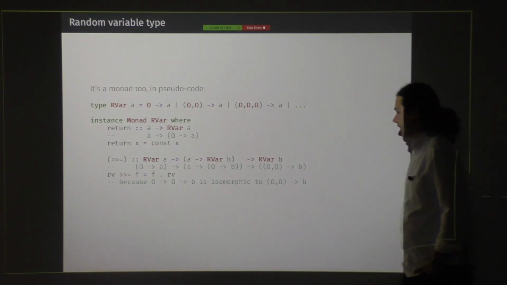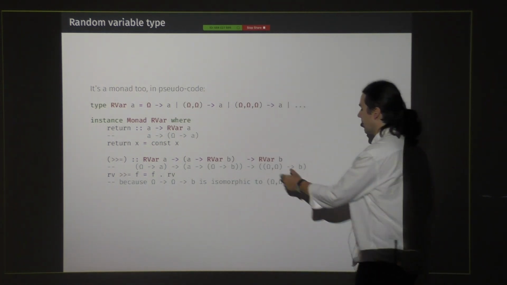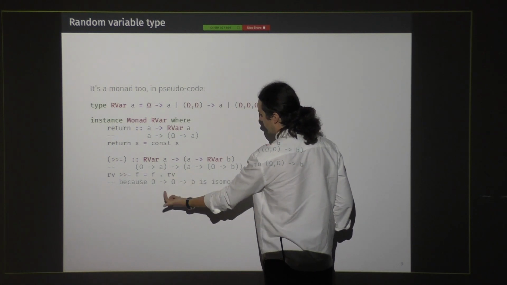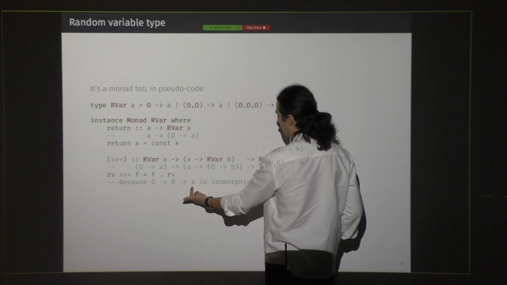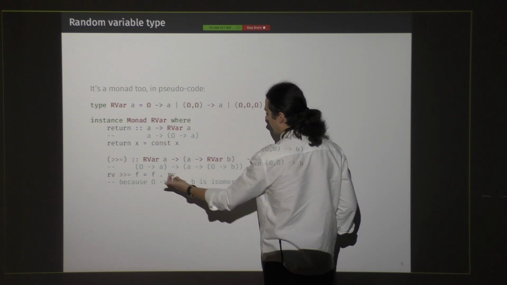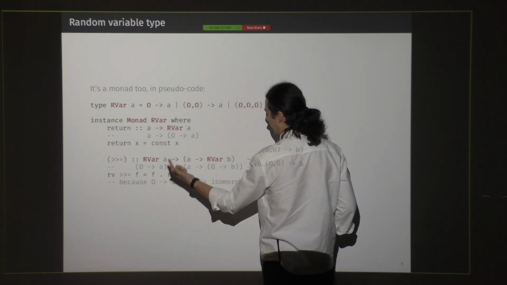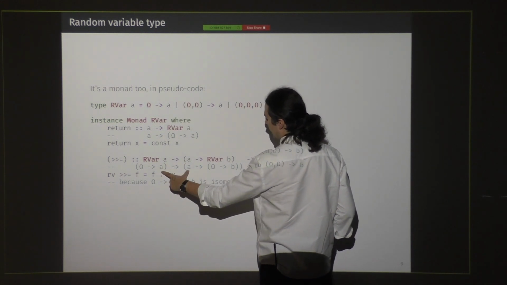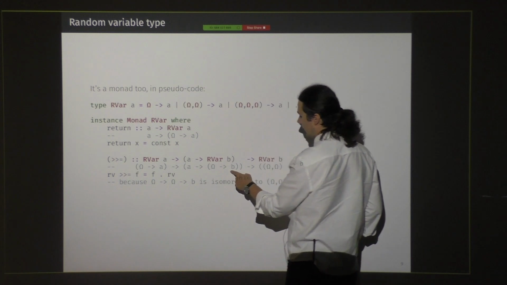This is the result of the observation that the type of this composition is omega to b, because we chain this function with this, so they chain at a, so we have omega to b.